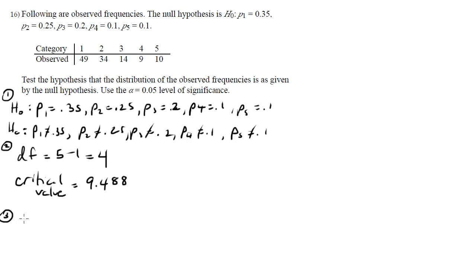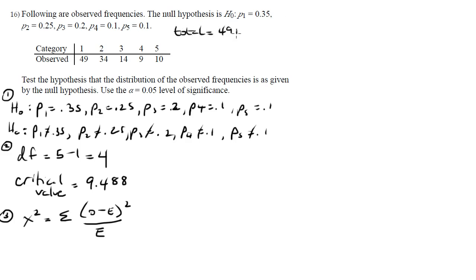Step 3, calculate chi-squared. And if you remember, chi-squared is the sum of the observed minus the expected squared divided by the expected. We need the expected values. We don't have them. If you need a refresher on finding the expected values and finding chi-squared, number 15 gives us all of that. So let's find the expected values. First of all, the total